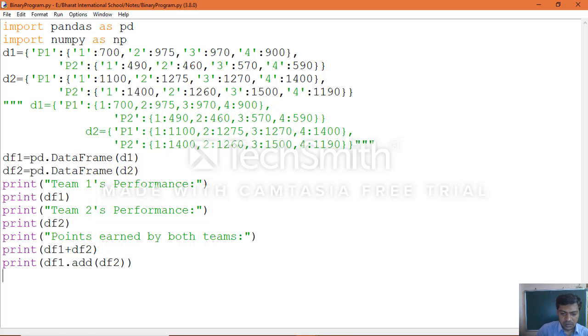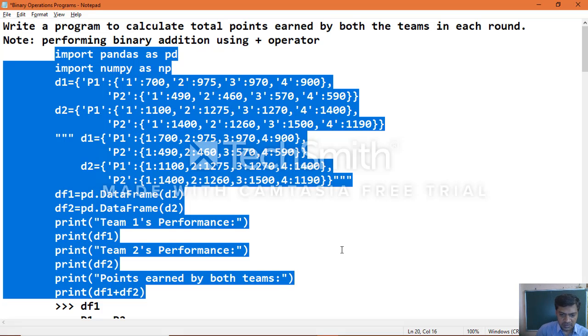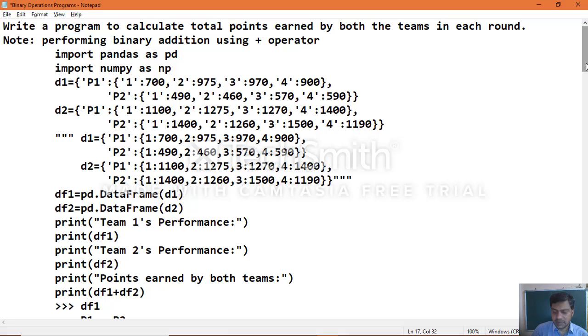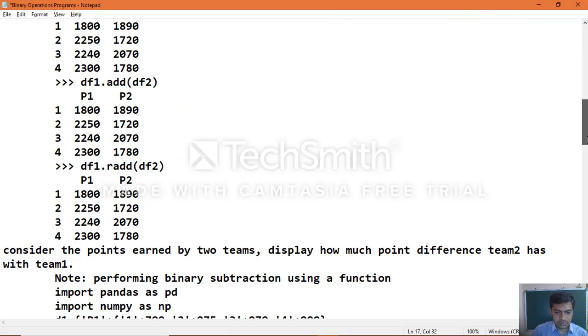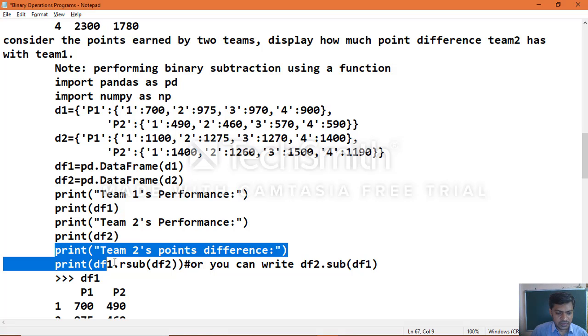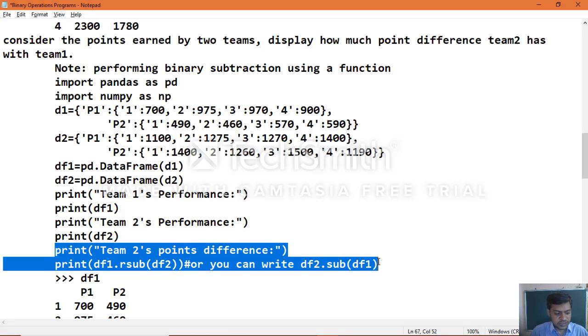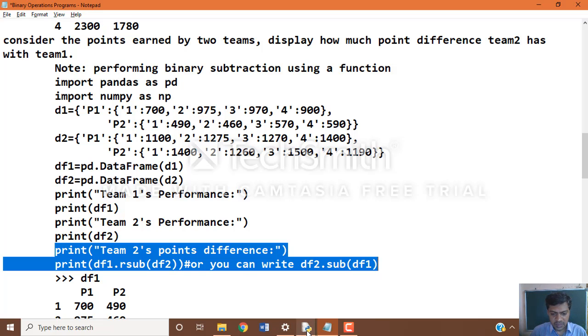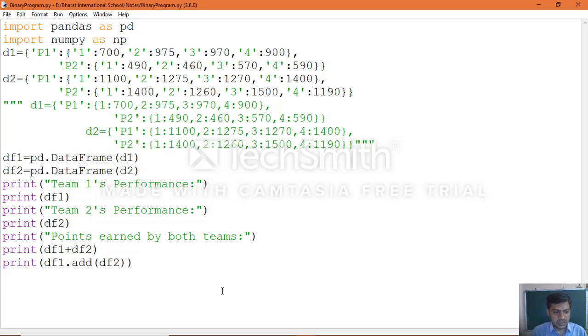So what we will do now, same application, we will make it with the difference, which you want to calculate between both the teams. Yes, same application. Instead of rewriting the complete application, you can write it within this, but while answering in an exam, do it based on the question which you need to answer.